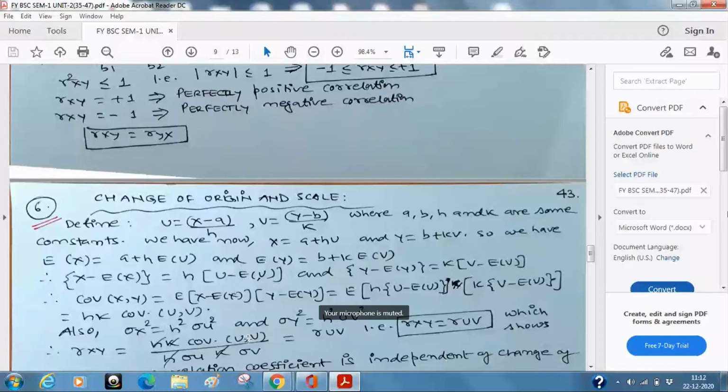But now look at the right hand side and the left hand side. What is the left hand side? This is the correlation between x and y, which you have proved is the correlation between u and v. That is what we have written in the box. That is r xy is equal to r uv. This is a great result. Why I am saying it is a great result, you can understand that I had changed actually x to u and y to v, and I have calculated